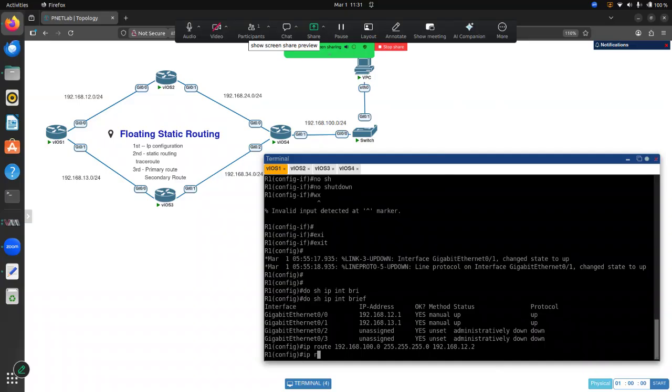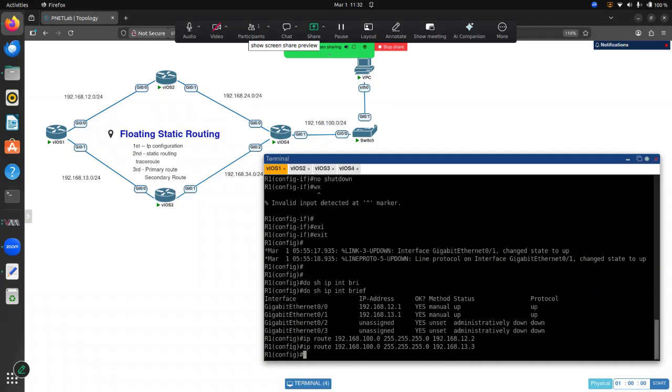And IP route 192.168.100.0, then 255.255.255.0. Next hop IP is 192.168.13.3. Okay. And also IP route